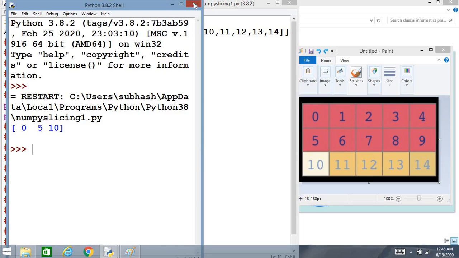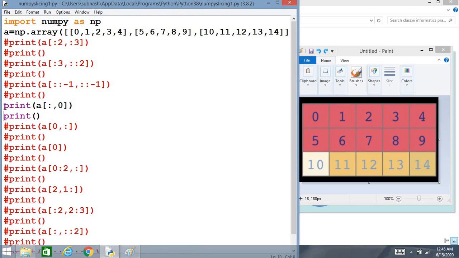Now, we'll move to the next one. Next is the reverse of the first, what we have done right now. So, guess children, what will be the output? You have taken the 0th row and all the columns.